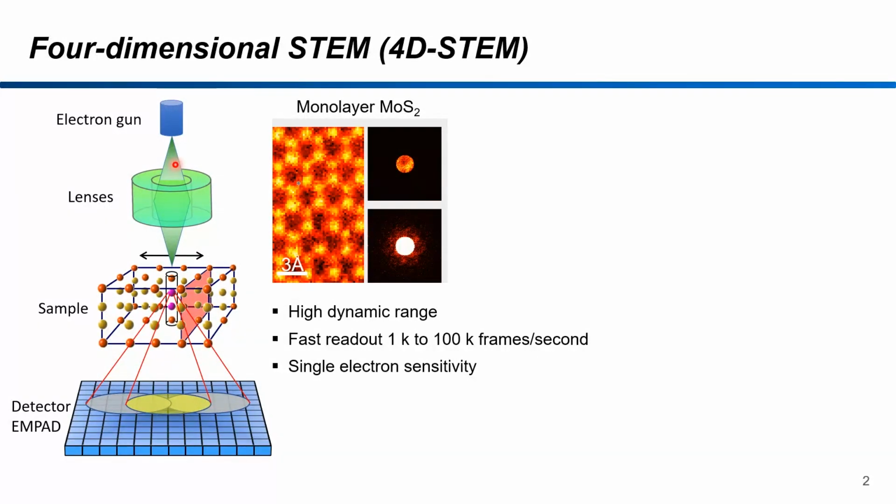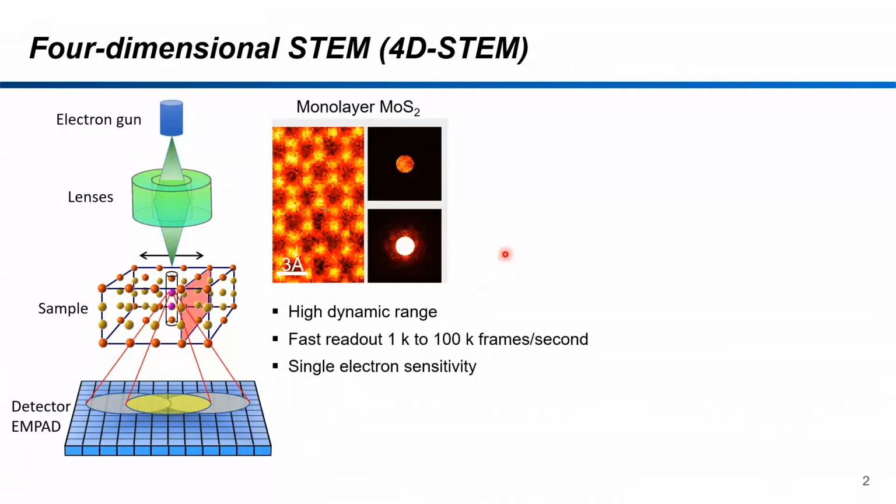The basic setup of 4D STEM is similar to conventional STEM imaging. The only difference is that we use a pixelated two-dimensional detector instead of bulk annular dark field detectors. So we can acquire a diffraction pattern at each scanning point. So here is an example. You can see intensity variations within the central disk and also the dark field region when you move the beam